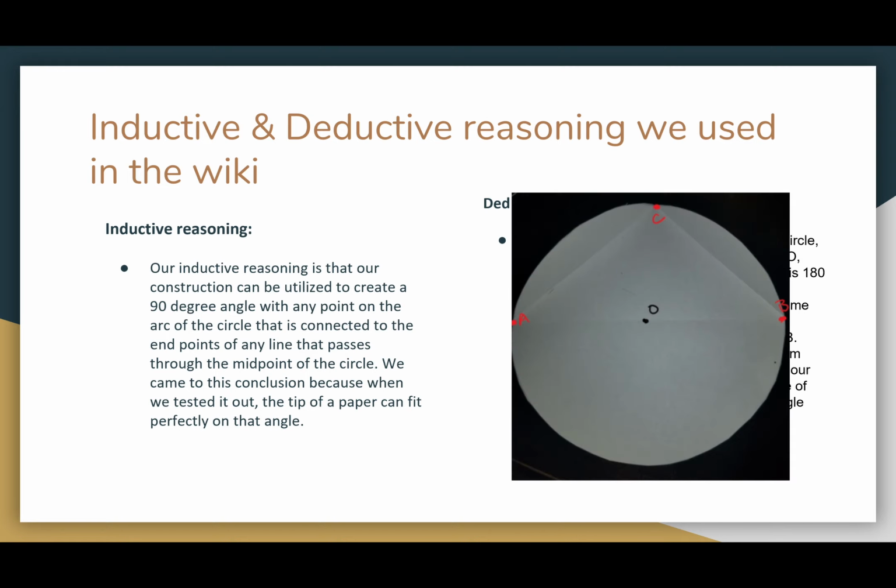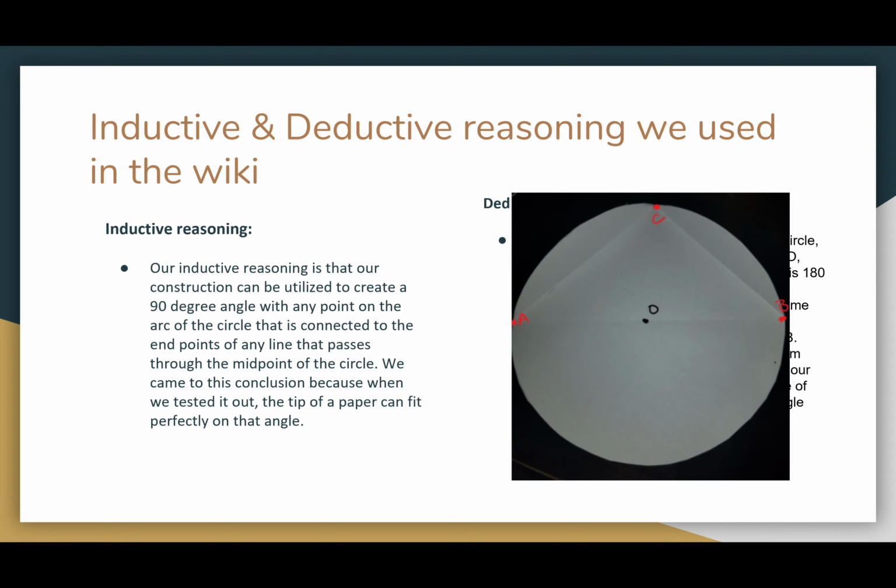So here we have line AB, which passes through point O, and we can see that point O is our midpoint. Now we can also see that both points A and B are connected to point C, and we can also see that point C lies on our arc. So then we came to a conclusion